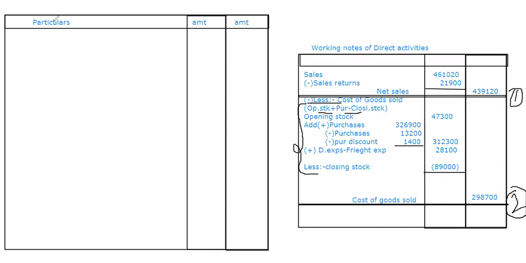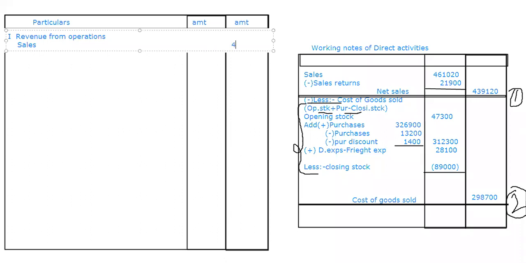Now I'll go to the pro forma. So what is the pro forma? First, as usual, we'll start from the pro forma. What is the first pro forma? We have first one, revenue from operations. So under that, what is that we have? Net sales, we got it, no? So directly net sales, I'm going to take it into consideration. So net sales,